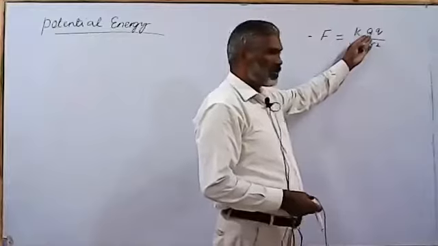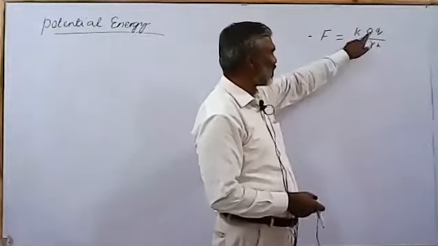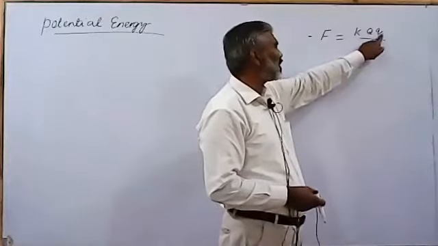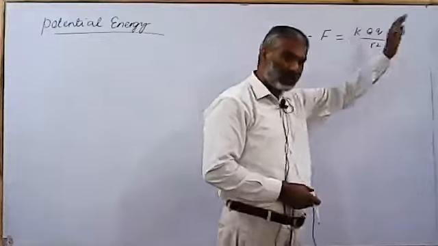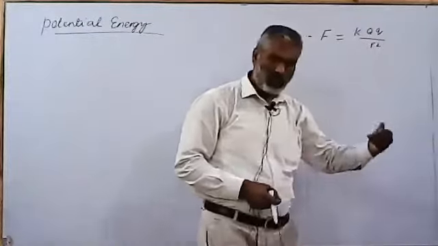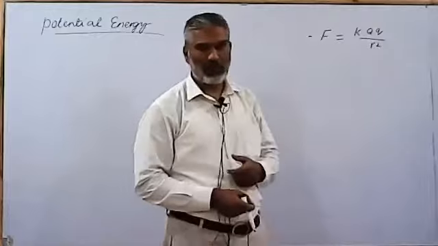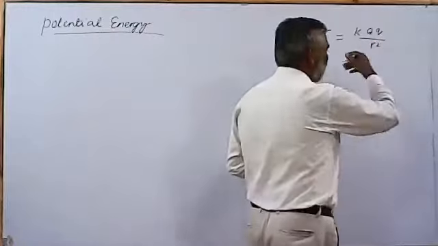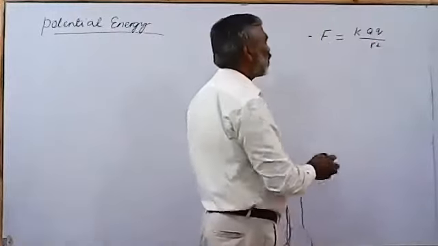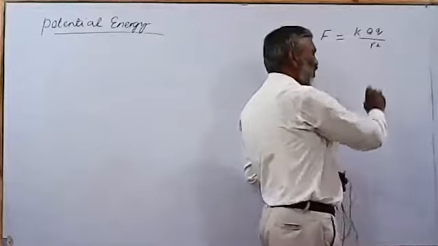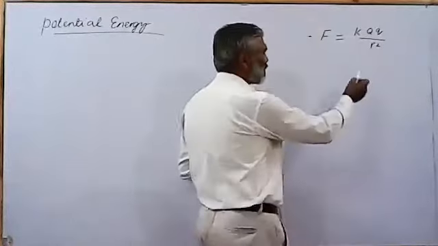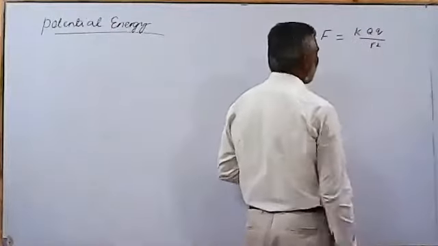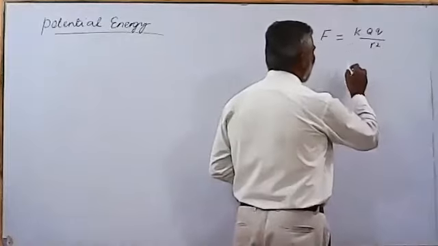This is one charge. In various situations, this charge is usually large in magnitude, so we denote it by capital Q. This is the charge on which this charge exerts a force. It could be a small charge. Sometimes we refer to it as a test charge. So this charge, which could be large or small, we denote by small q, just to make it different from the other charge. This is the product of charges, and K is a constant. We have discussed all these things. R is the separation between the two.